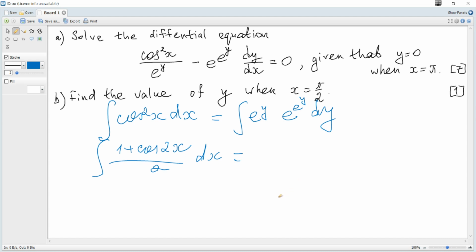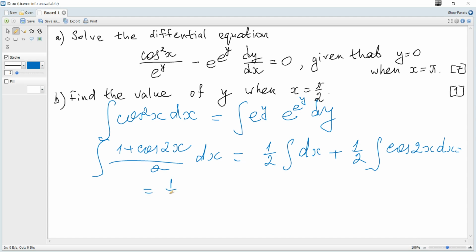Or actually, let's integrate both sides and then we rewrite this. So this integral is equal to what? It's a half integral of dx plus a half integral of cosine of 2x dx,